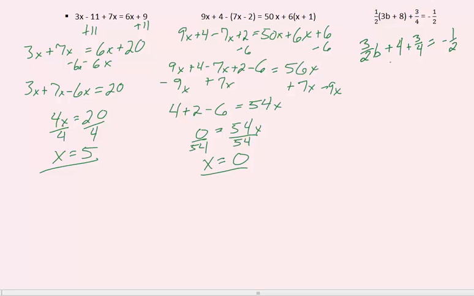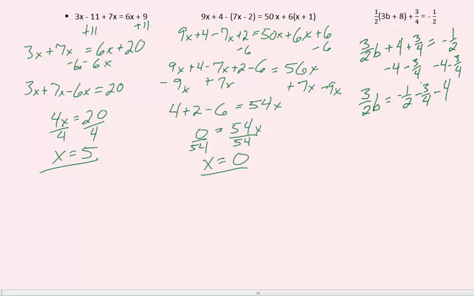We want to get b by itself, so we can subtract 4 and 3/4 from both sides, which will give us 3 over 2b is equal to negative 1/2 minus 3/4